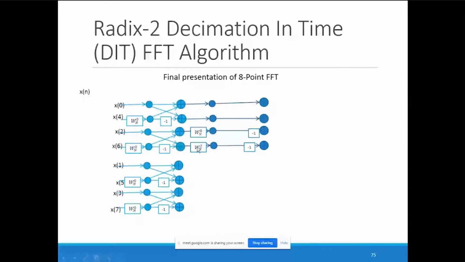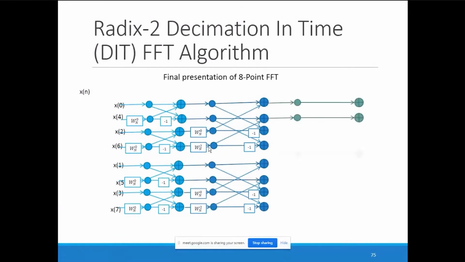In few of the books I have checked, as per Proakis, here omega n 0 and omega n 2, when you apply the values, one value is 1 and the other you get is minus j. When you apply this algorithm and multiply the value with minus j, then only you will obtain the next point. So omega n 0 represents 1 and omega n 2 represents minus j. Similarly, you go for the second row. Again omega n 0 and omega n 2, so you simply multiply the values with 1 and minus j.